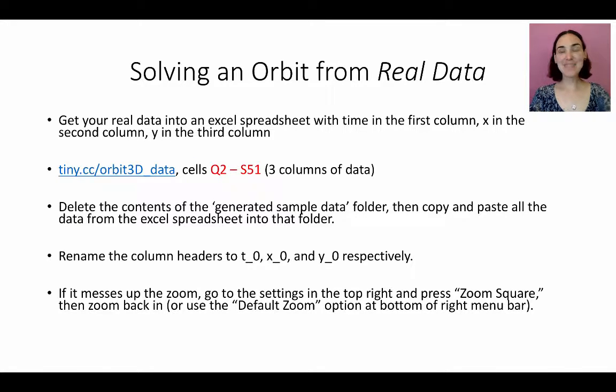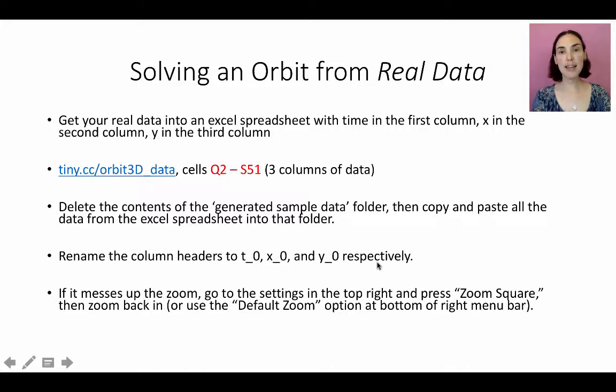This can be done with real data. That's the most exciting thing of all. So if you get your actual data, as from our friend 01398-5612, with time and then in Cartesian coordinates x and y in 3 columns like that, as they are at this link. You have to do 3 columns of cells, Q2 to S51. Highlight those and copy paste those into where the generated sample data are. So you delete what's there and put those in instead, and rename the column headers to tell Desmos that it's